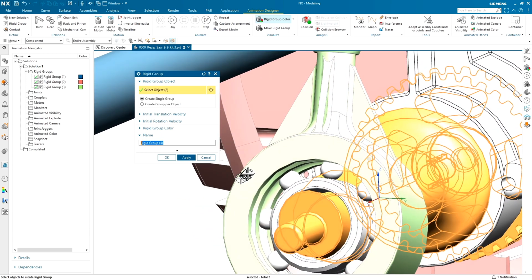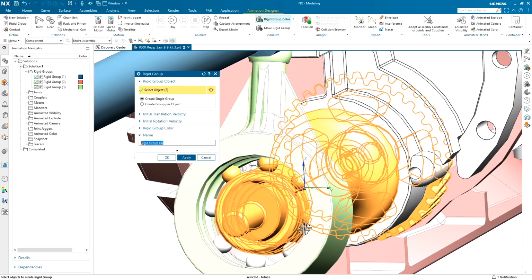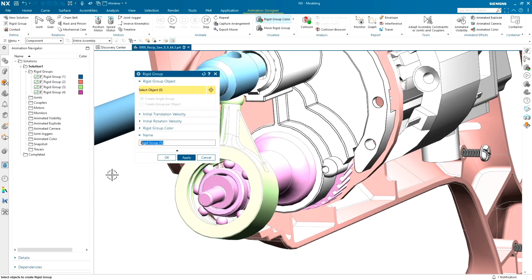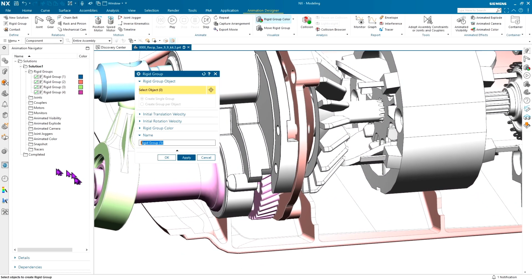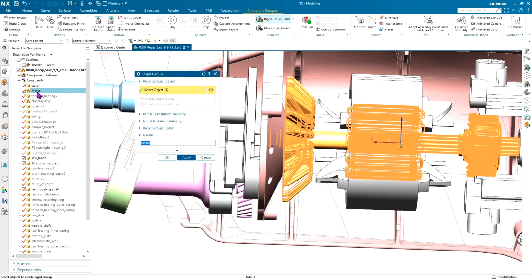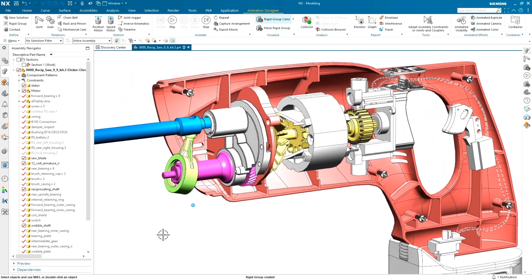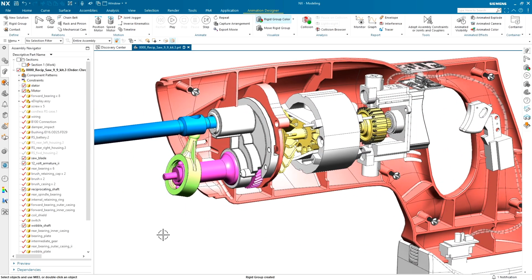Once a rigid group is created, notice how they show in color to let me know what I've done so far. Earlier, I set this color option to show this progress. Last is the motor. Since there are a bazillion parts, I could pick them one by one, or to speed things up, I'll just select them from the assembly tree. Looking at all the colored parts, I think I have all the moving parts grouped.